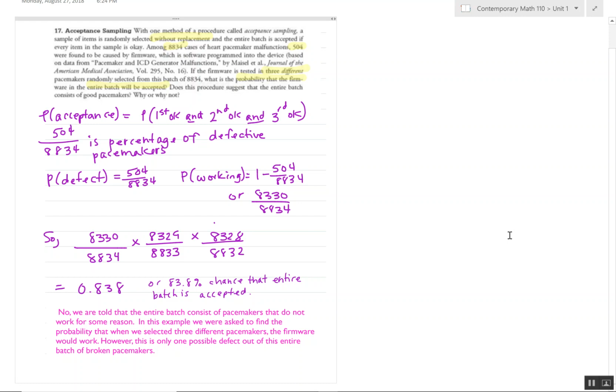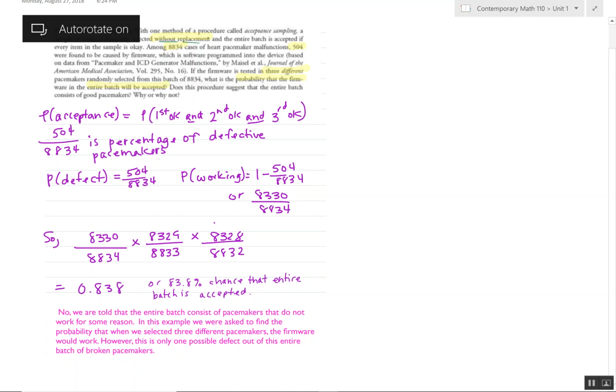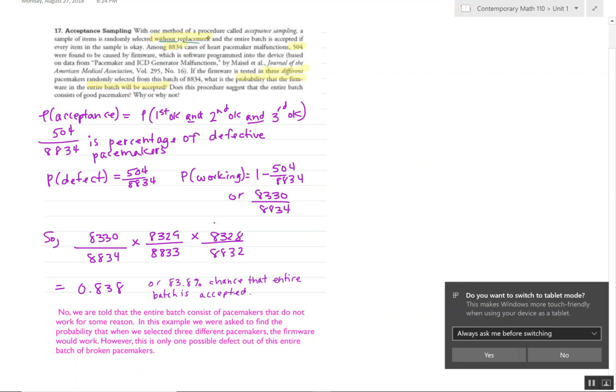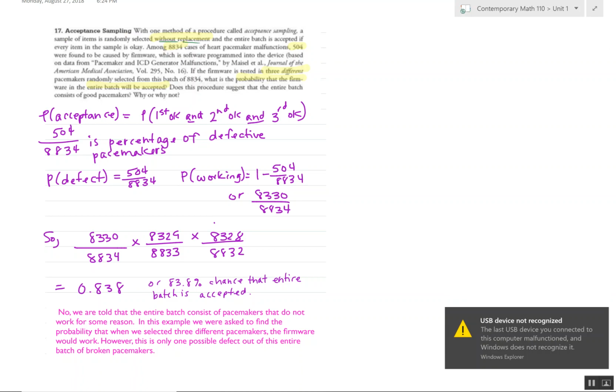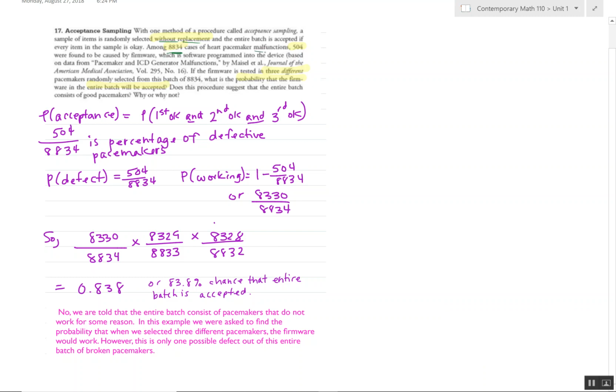In this example, we are told that we are selecting several items without replacement, meaning that we're not returning the item after we select it. And the entire batch is accepted if every item in the sample is okay. We also were told that we have 8,834 total cases of malfunctions, and out of those, 504 were found to be caused by firmware, which is software